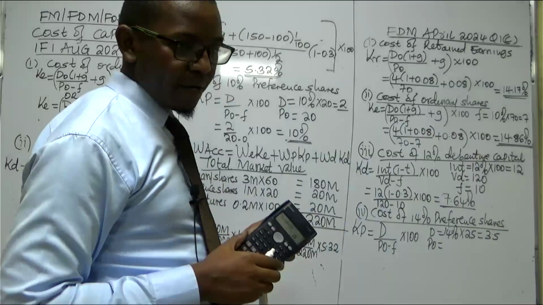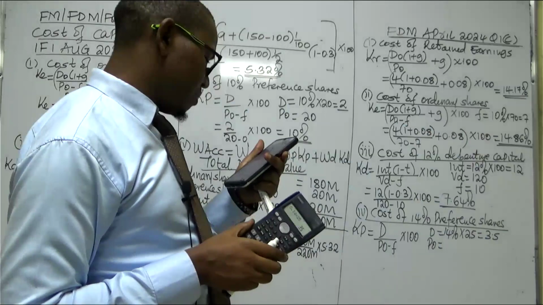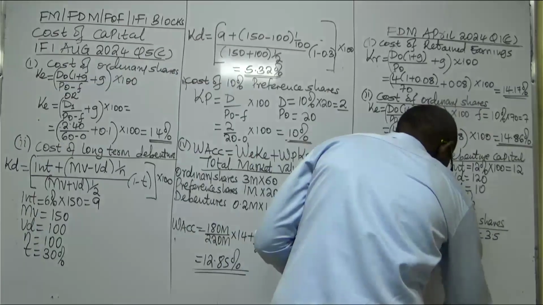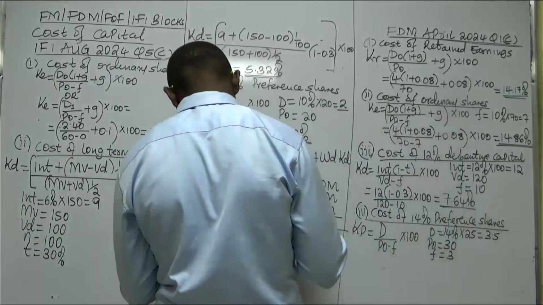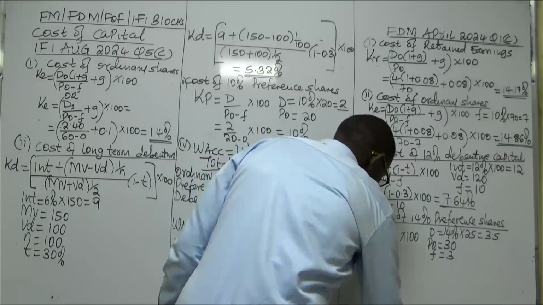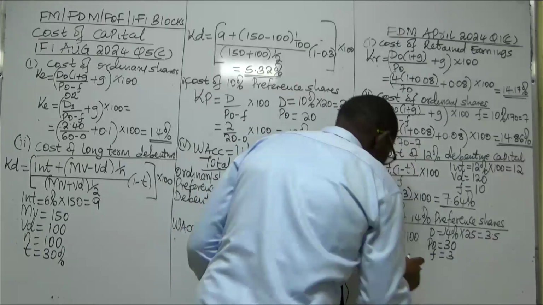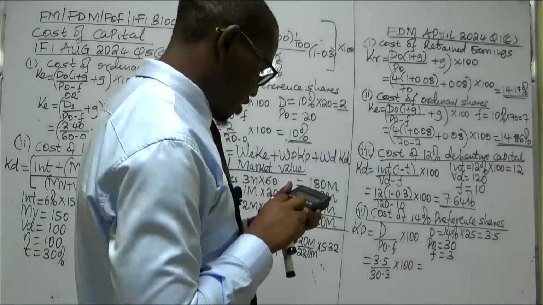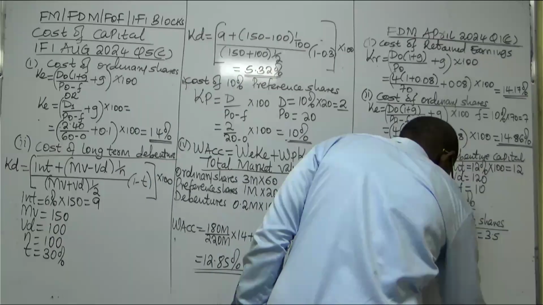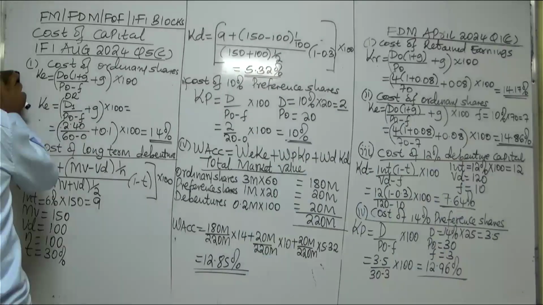They are currently trading at, when you look at the additional information number 3, 30, flotation cost of 3. So it will be given by how much? This will be 3.5 all over 30 minus 3 times 100. So this will be 3.5 divided by 27, times 100, 12.96%. Last one, they want us to get the WMCC,